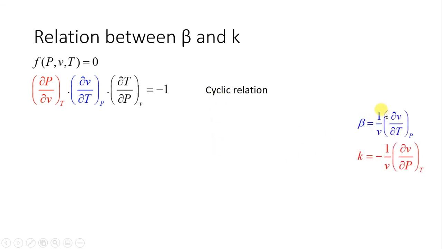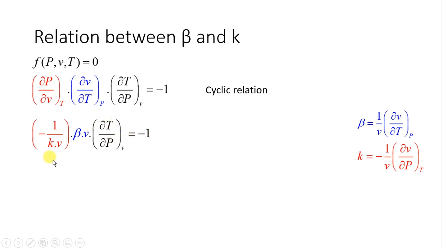Beta and K values are already defined. Now we can substitute; you can see over here dou P by dou V when T is constant. So here dou P by dou V is there, so it will be the reciprocal of this. You can take this term on the left hand side. So what you will get is minus 1 upon KV. Same thing I have written over here. Similarly, dou V by dou T when pressure is constant will be beta into V. This will be beta into V into this term, equal to minus 1.